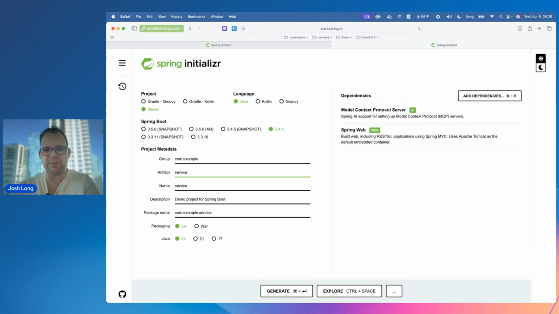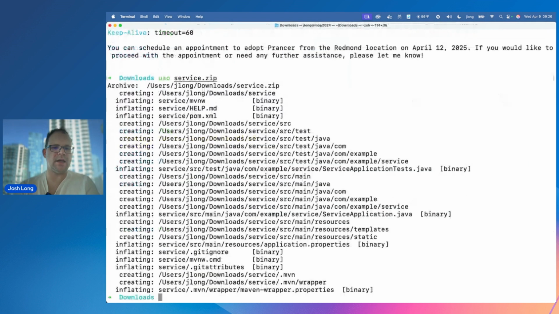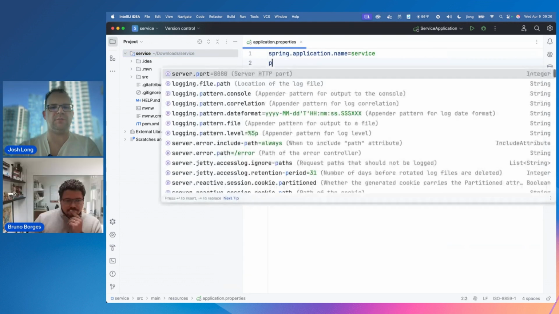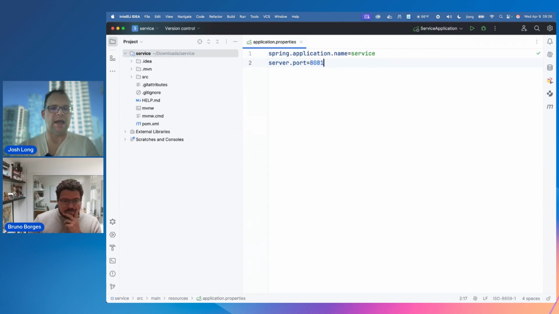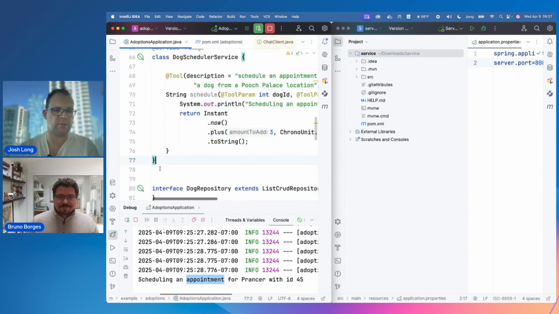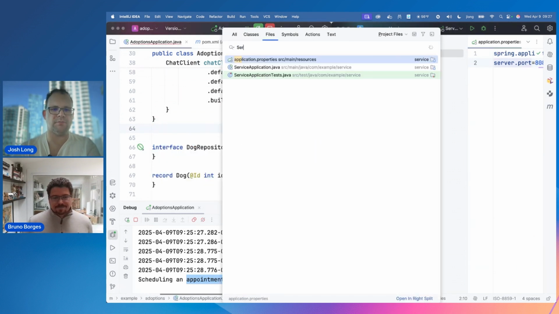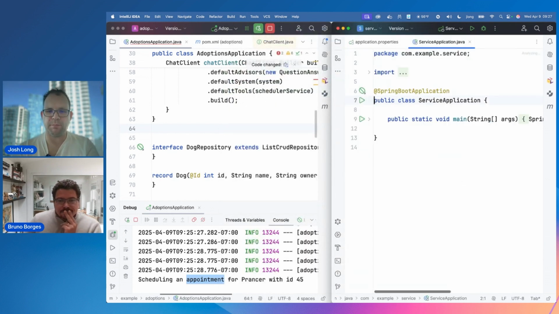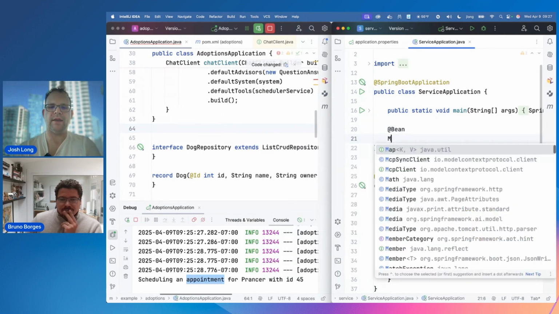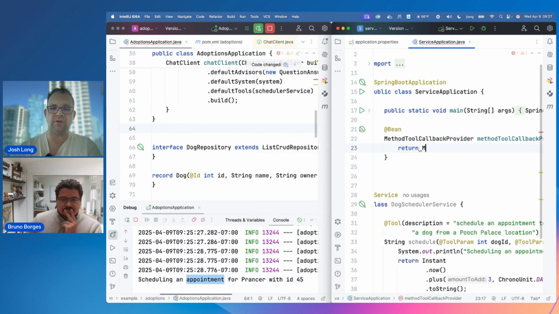So I'm going to create an MCP service. There's two different flavors of MCP. There's HTTP, which is actually based on server-sent events, or standard in and standard out. I'm going to use the HTTP variety here. So we're going to say 8081. And in order for this to work, I'm going to go over here and I'm just going to cut and paste. Don't copy and paste. Cut and paste is fine. Copy and paste, that's where you get bad code smells and people start asking questions. So we're going to paste this over here. I've extracted. Do not repeat yourself, right? And then I'm going to tell Spring AI to extract and expose all the good stuff in the application context